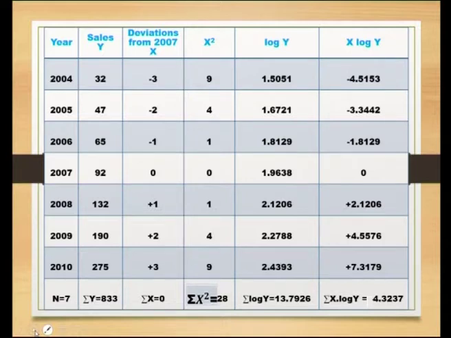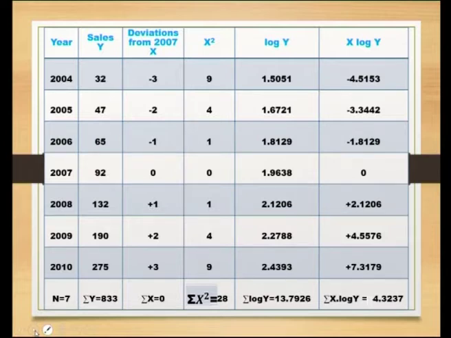So, the solution goes like this. First of all, take the year; the number of values given is 7, and sales values are represented as y, 32 to 275, and summation y is 833. Deviations are taken from the middle year, 2007, which is kept as origin. So 2004 minus 2007 is minus 3, then minus 2, minus 1, 0, 1, 2, 3. Summation x is equal to 0, then summation x square